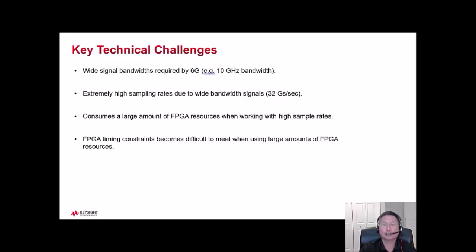Another key technical challenge is that as the number of FPGA resources used and the design complexity increases, it becomes harder to meet FPGA timing constraints. It takes many FPGA build iterations to try different logic pipelining and logic optimizations to get a complex FPGA design to meet timing. An FPGA build can take 2 or 3 hours or more to complete, so the design iteration cycle can take some time.